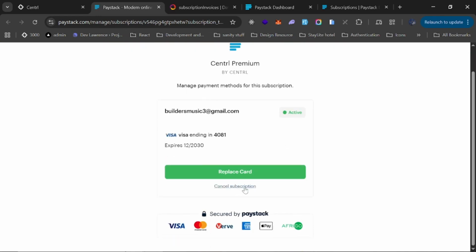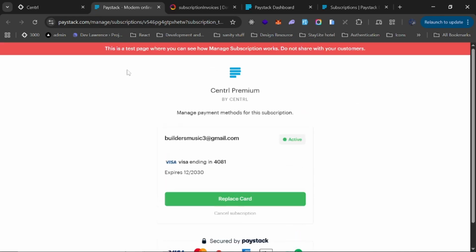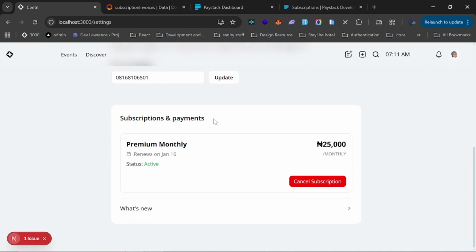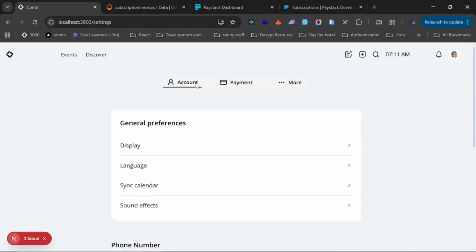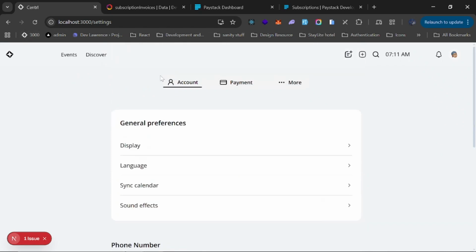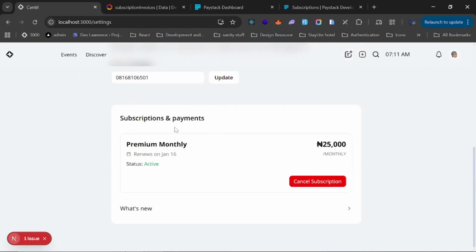And you can also cancel the subscription from this dashboard, but I'm not going to do it for you. So if I close this out, I can come to accounts and more. So the same thing, you see the status is active, and when you are to renew your subscription, you can also add a banner or a flag. So if that date is approaching, you can decide to just let the user know and also send an email,